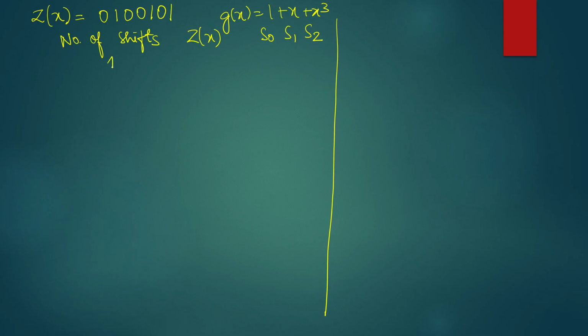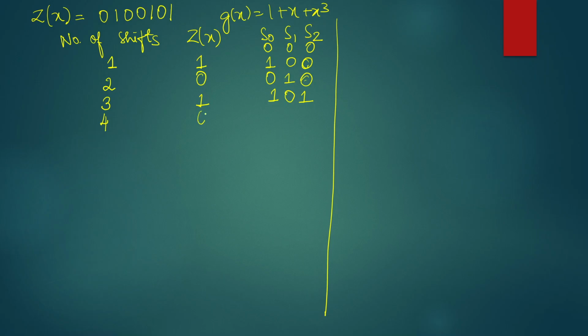Okay, so we will write the first contents as 0 0 0. The first bit that it enters is 1. So 1 plus 0 is 1, 0 plus 0 is 0, 0 gets shifted to the right, so it is 0. In the second shift, 0 appears. 0 plus 0 is 0. 1 plus 0 is 1. 0 gets shifted to the right, it is 0. The third shift, again a bit 1 enters. 1 plus 0 is 1. 0 plus 0 is 0. 1 gets shifted to the right, so it is 1, 0, 1.